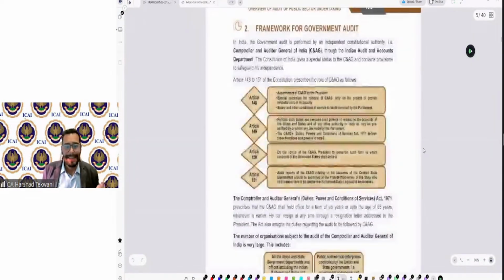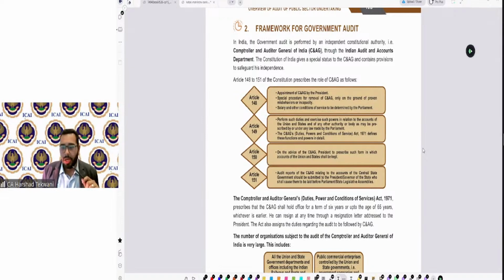However, in the case of a public sector undertaking, our appointment is not done by shareholders. It is done by CNAG. So we need to understand who CNAG is and what the role of CNAG is in that area. Because CNAG, the Comptroller and Audit General of India, the Supreme Audit Institution of India, are the ones who appoint us. We need to address our report to them. And they guide us, they provide us all the details of how our reporting should be done, what the scenario should be and everything. And for that, we need to understand what CNAG is.